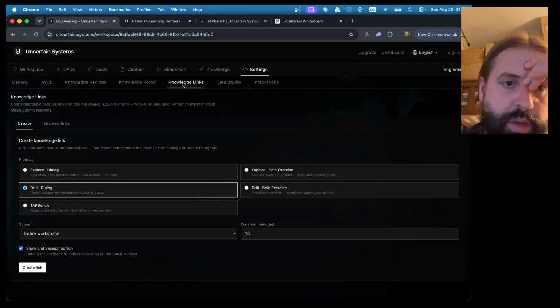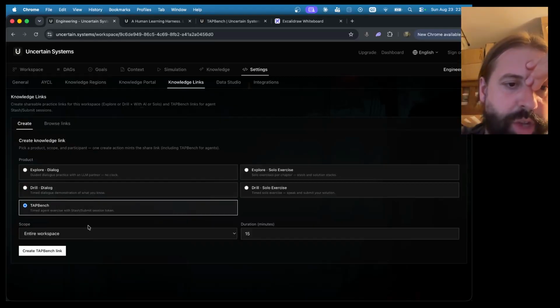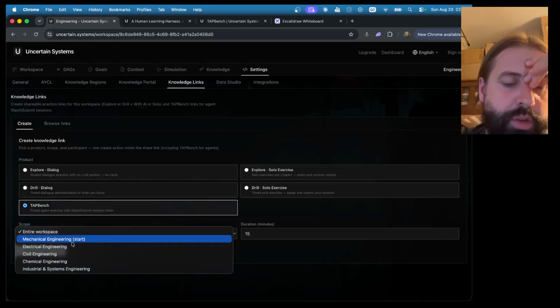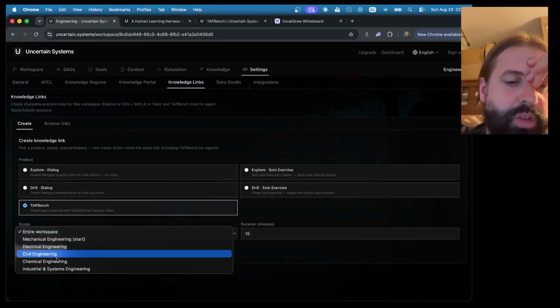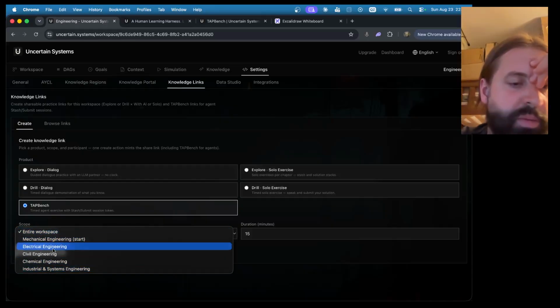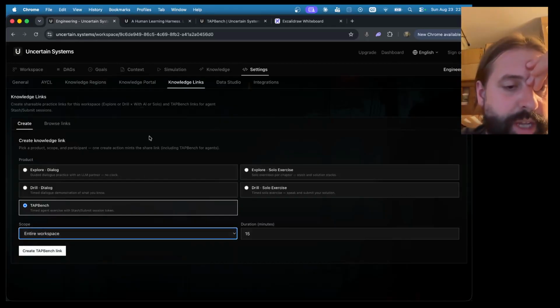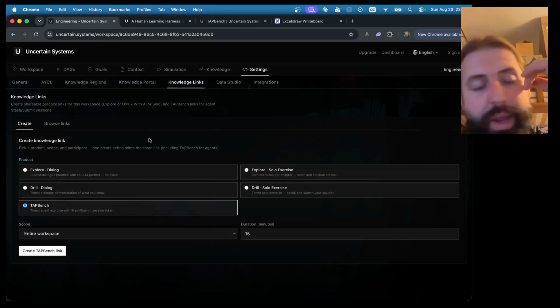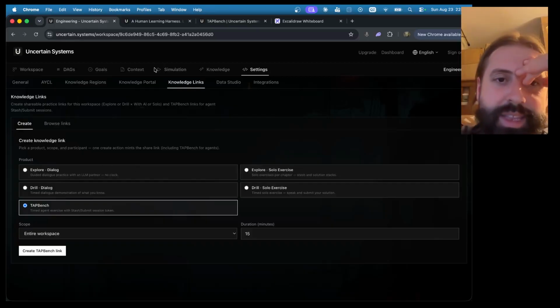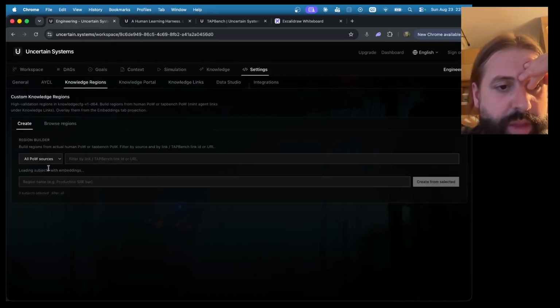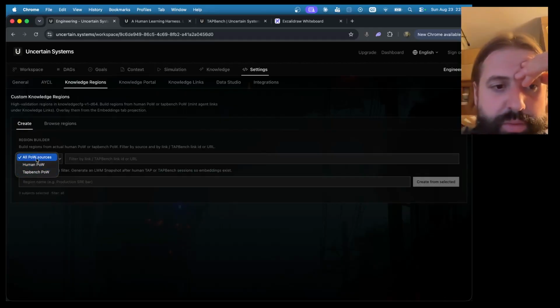The knowledge links are the whole point. You have a TabBench, so you can actually get the agents to work with it, right? And so you're getting the agents to construct these, and that's fine. I guess you want to construct in the context of a workspace because of the way you've crafted it, and then you want to do those knowledge regions very local to the workspace. It still kind of makes sense: human PO, TabBench PO should be agentic PO,